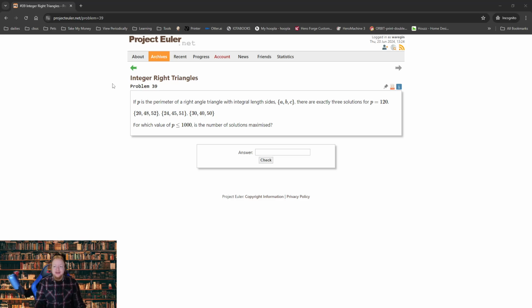Let's dive in. Problem 39 is integer right triangles. If P is the perimeter of a right angle triangle with integral length sides A, B, C, there are exactly 3 solutions for P equals 120. And then it lists those. For which value of P less than or equal to 1000 is the number of solutions maximized? Okay, so